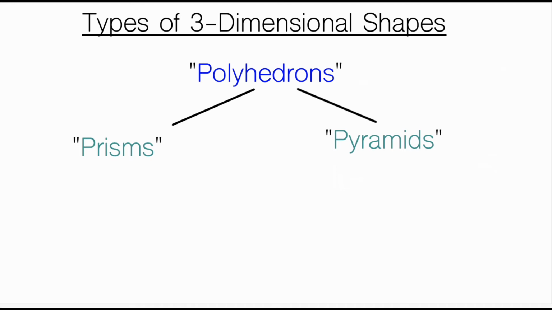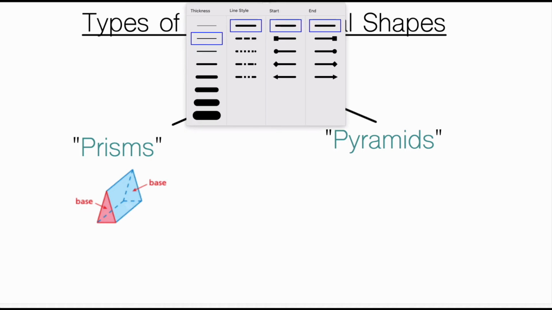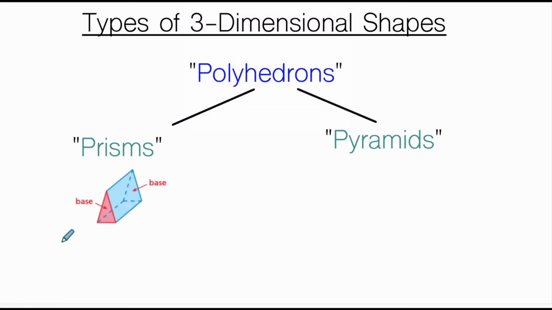And you can tell what it is if you know the key characteristics of a prism and the key characteristics of a pyramid. So on the screen, I'm giving you a visual example of one type of prism. There are many types of prisms, but there's one on the screen. And what makes a prism a prism? Well, I'm going to give you three different characteristics that you can use to identify a prism. Key characteristic one is